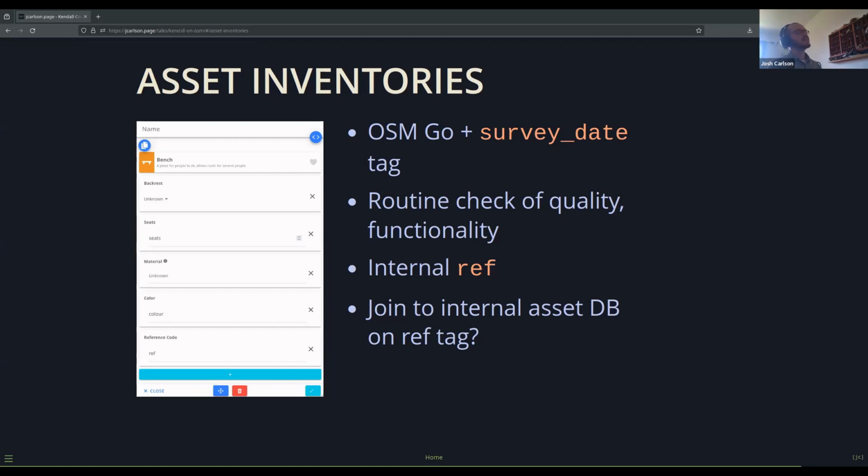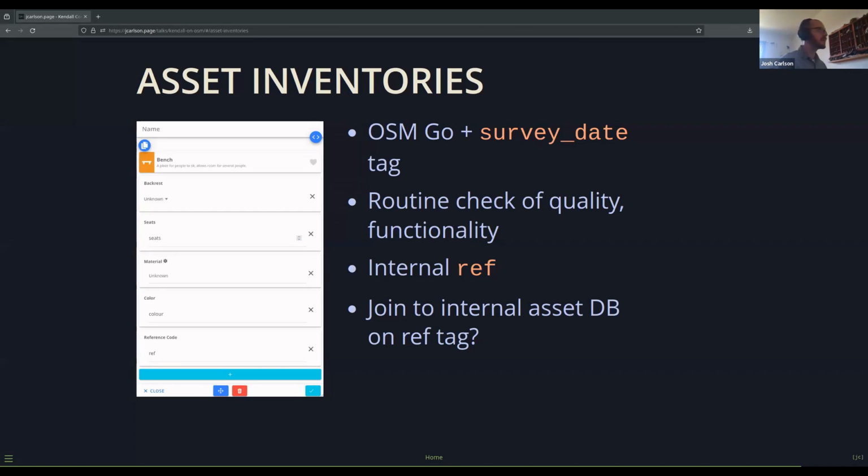So we're going to do a hypothetical use case in May and talk about that, and maybe give an example of whether you could stick an internal tag like a ref number on there, and then join it to a separate database and tie it into some other system, but still manage the spatial stuff in OpenStreetMap.